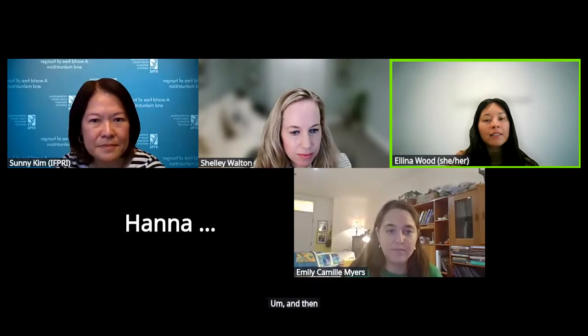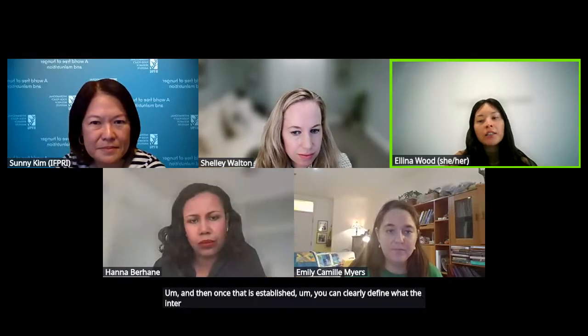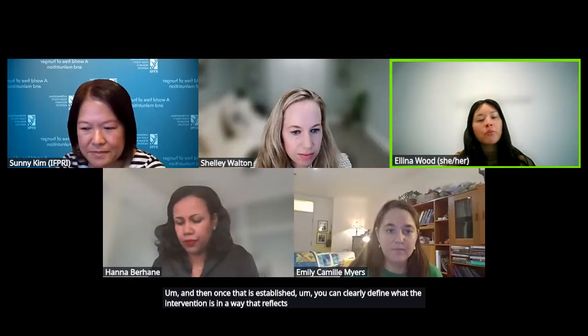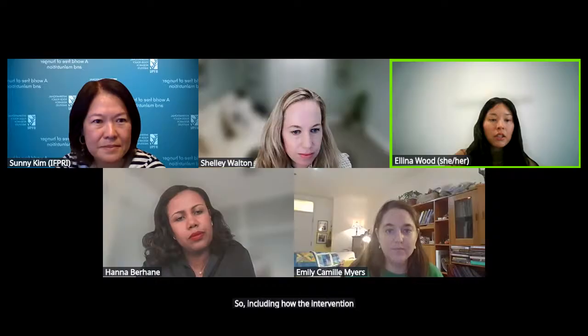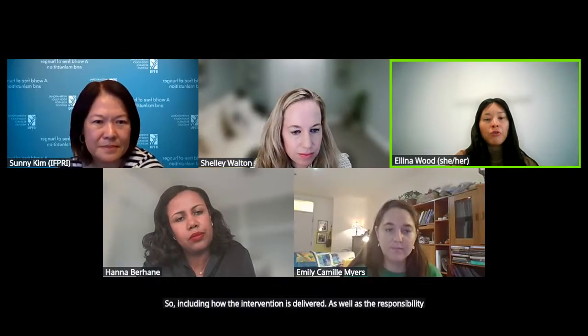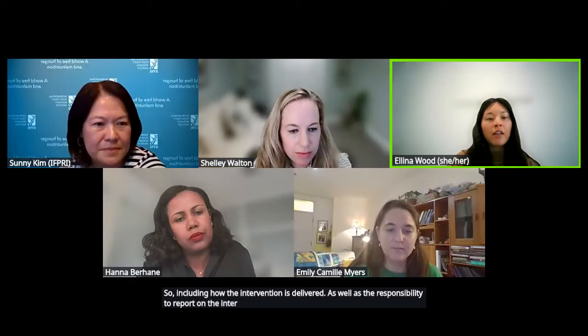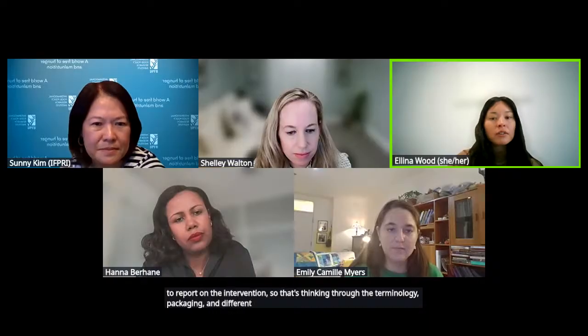Then once that is established, you can clearly define what the intervention is in a way that reflects the in-country program realities, including how the intervention is delivered, as well as the respondent's ability to report on the intervention. That's thinking through the terminology, packaging, and different recall patterns.